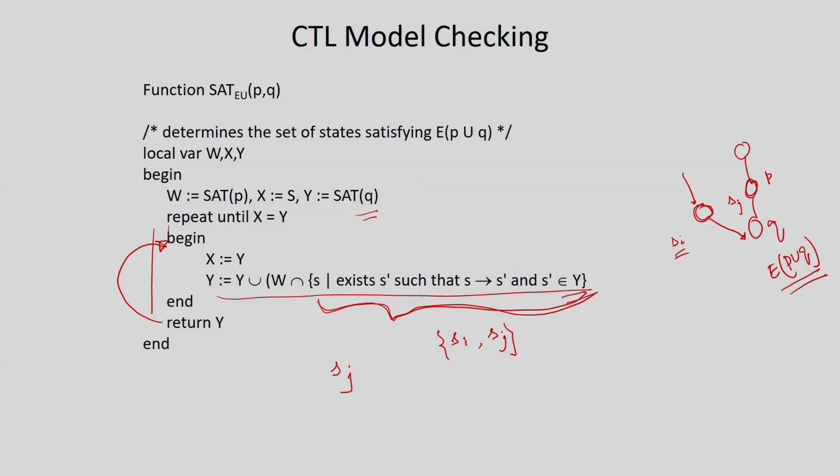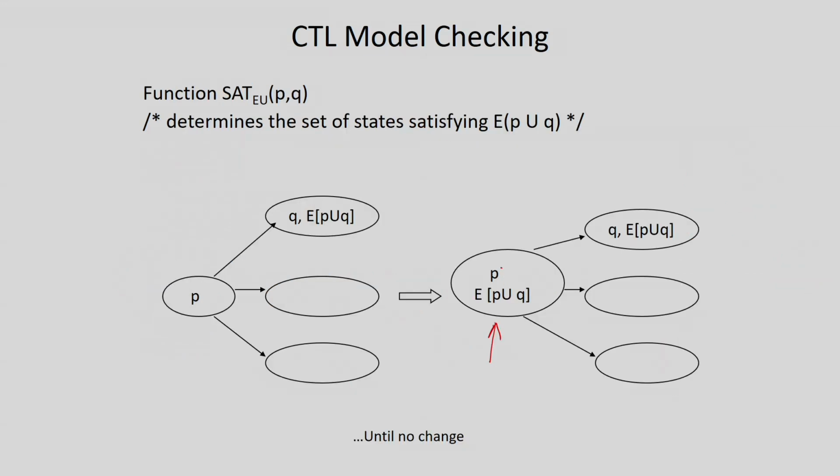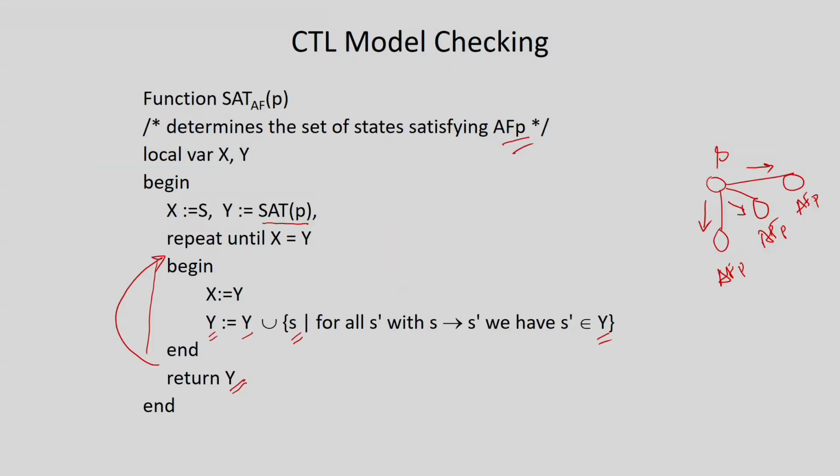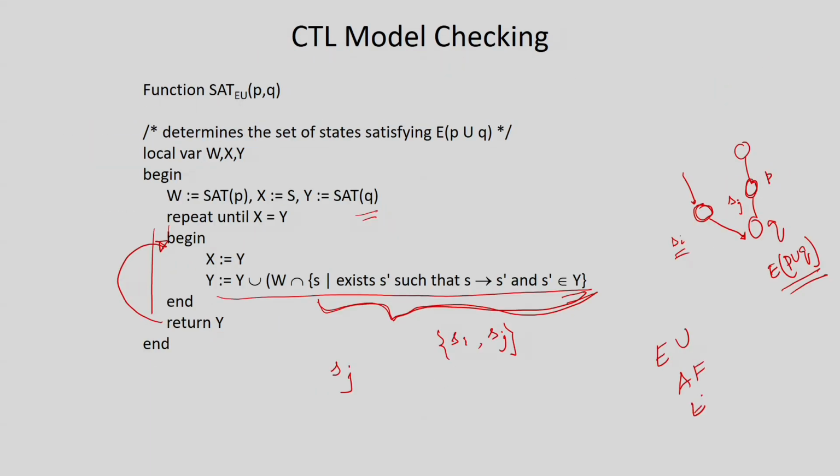So, these are the three methods that we need for our model checking algorithm, because other operators can be expressed with the help of these three operators. What are the three operators that we have discussed? EU, then previous to it we defined AF and EX. So, we now have a method for checking the truth values of CTL formulas.